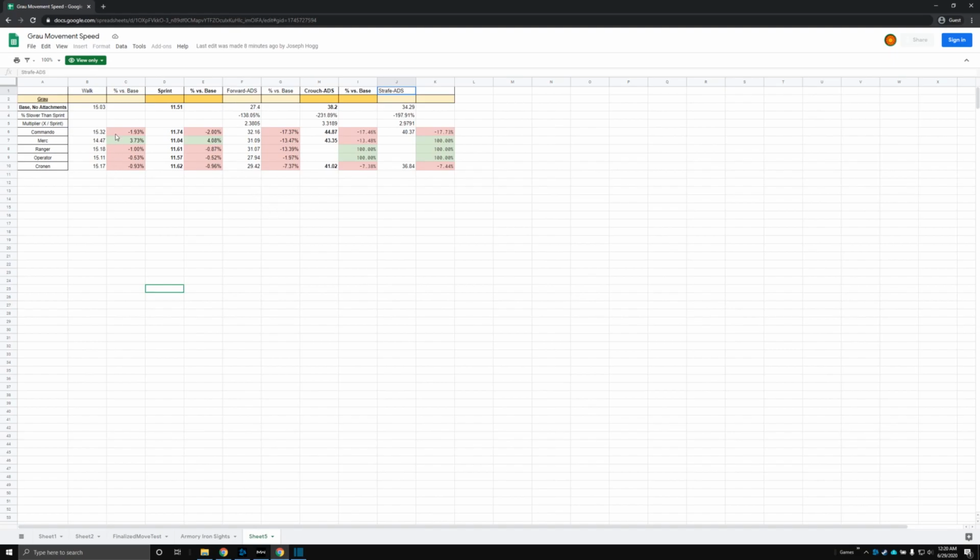So we see down here with the Commando Foregrip, roughly 2% slower movement speed, and then it's going to have that modifier for the aim down sight, strafe, forward, crouch, at minus 17.46%, roughly 17.5%. And with the Merc Foregrip, interestingly enough, it actually speeds you up by about 4%, and then a slightly less bad 13.5% on those other modifiers. And the Ranger Foregrip,